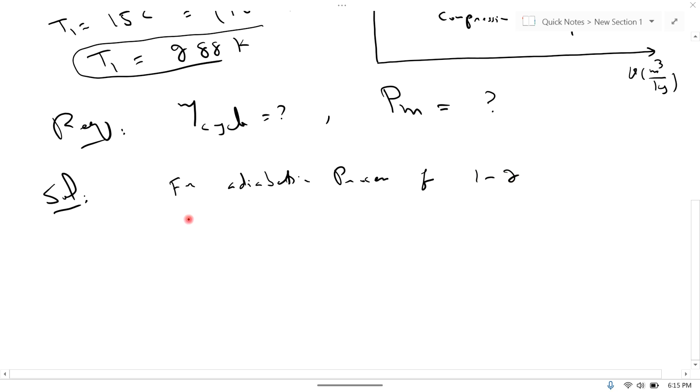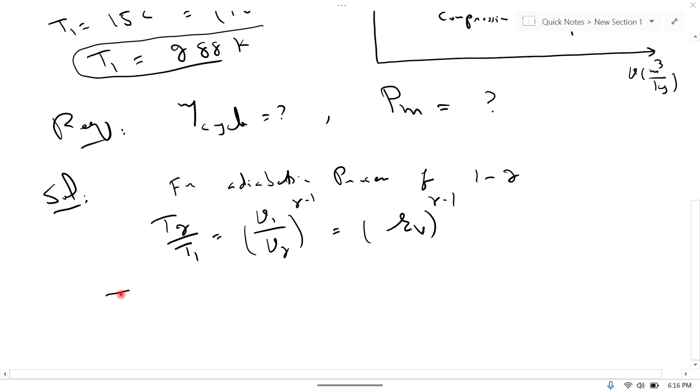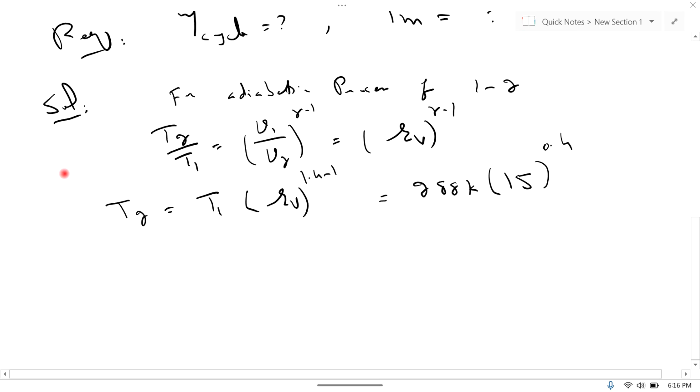For an adiabatic process from 1 to 2, I can write the equation T2 divided by T1 is equal to V1 divided by V2 whole power gamma minus 1, and this V1 by V2 is basically the compression ratio. So T2 is equal to T1 multiplied by compression ratio to the power gamma minus 1. Here gamma is 1.4, T1 is 288 Kelvin, and rv is 15 by 1, so 15, and 1.4 minus 1 is 0.4. So T2 is equal to